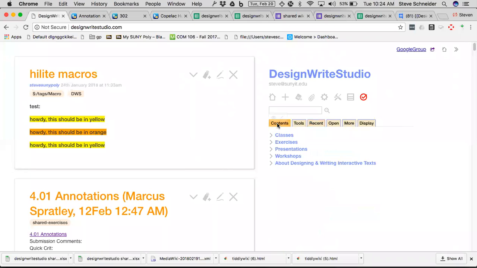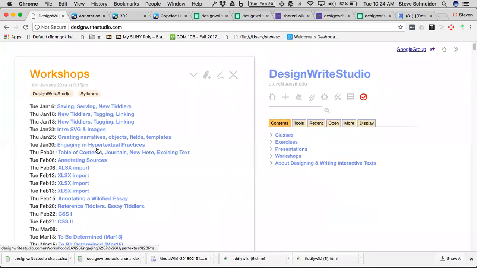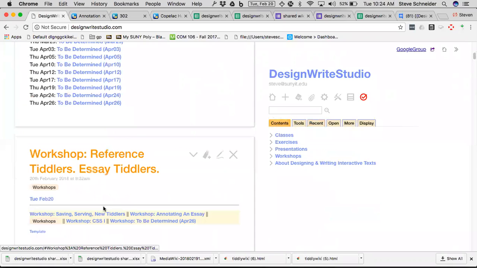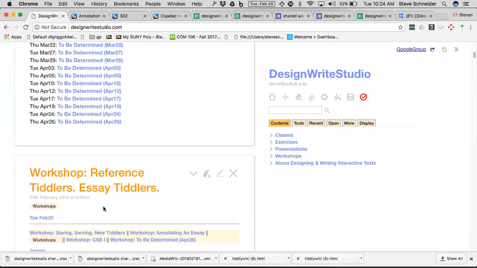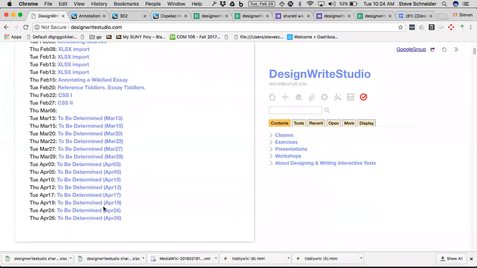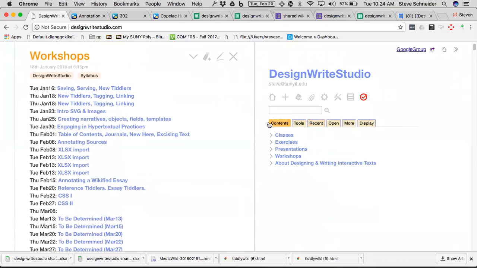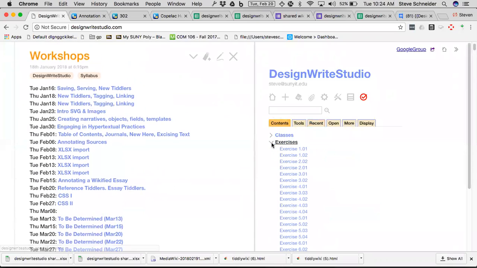I want to move on and talk about the workshop today, which we're going to focus on reference tiddlers and essay tiddlers. And I'm going to walk through an example of how to build on top of your annotations, but how to build something more substantive. Okay. And I'm going to do this in the framework of exercise